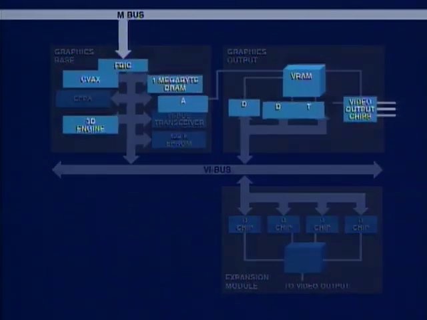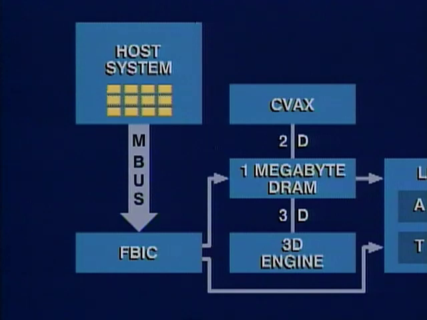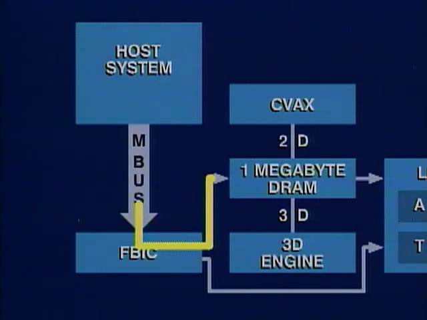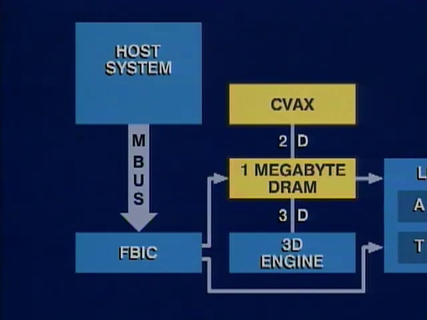Let's take a closer look at the data flow. During normal operation, graphics packets are assembled in system memory by the host CPU. They are then transferred under control of the CVAX from system memory to local DRAM. Once in local DRAM, the graphics packets are parsed and executed by software running on the CVAX and the YTech